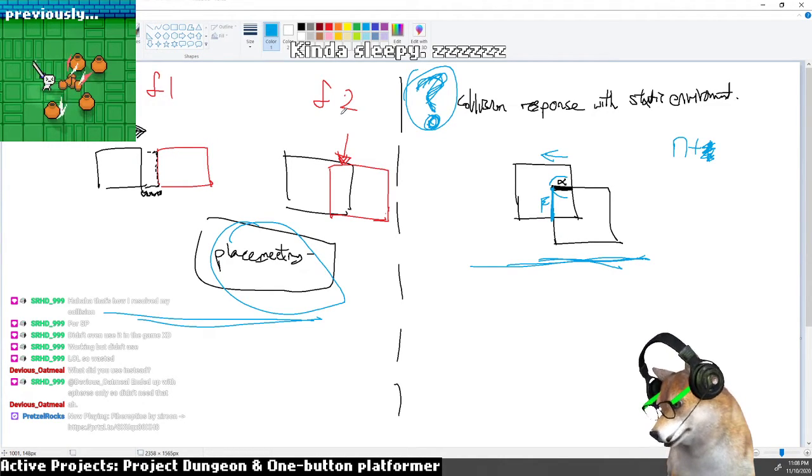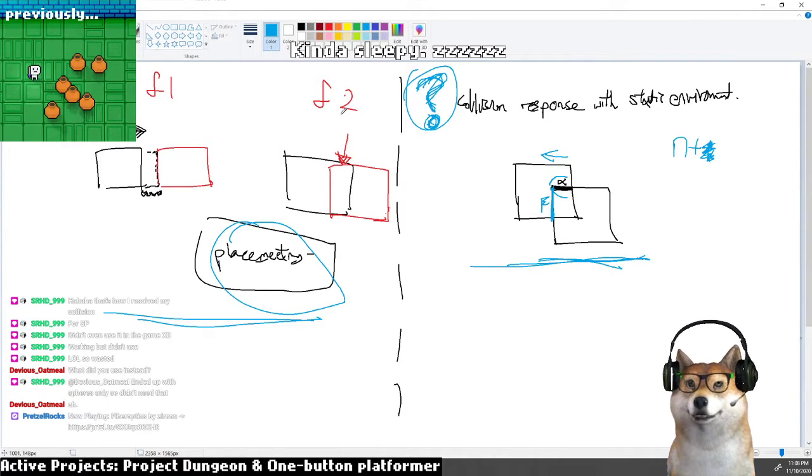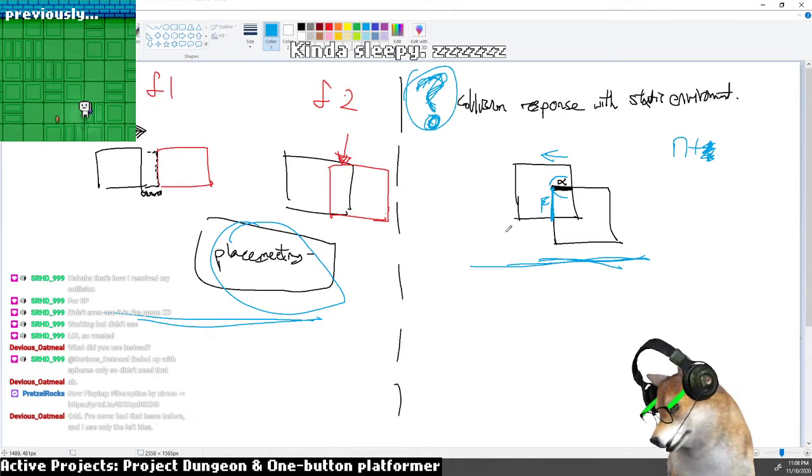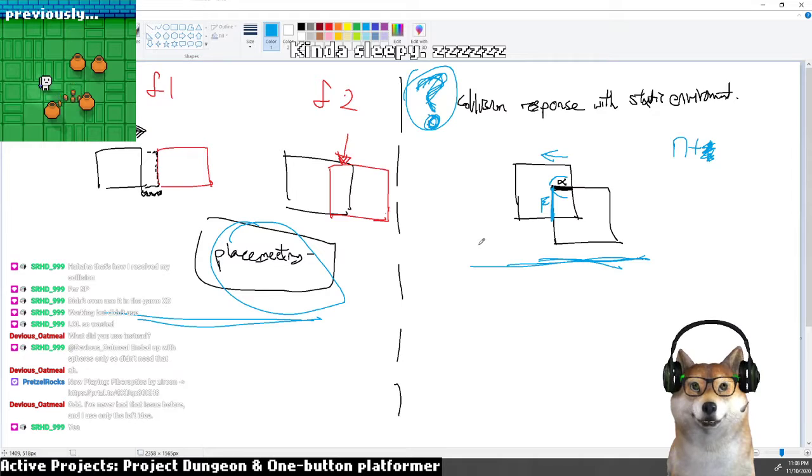Ended up with spheres only. It's a 3D game? You work on the 3D project, right? Odd, I've never had that issue before. I only use only the left idea. Ah, I see. Maybe there's some other bugs that